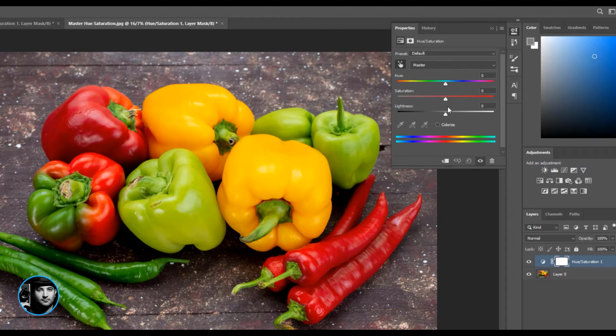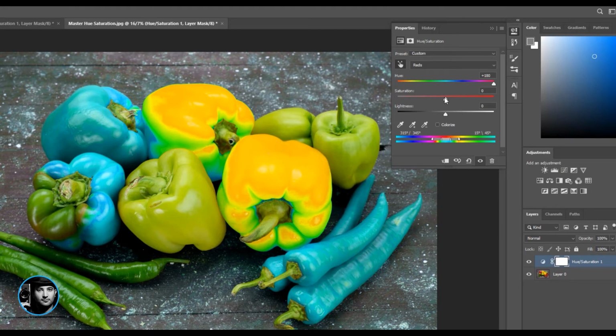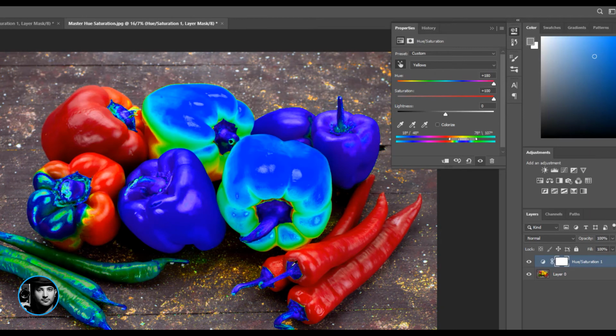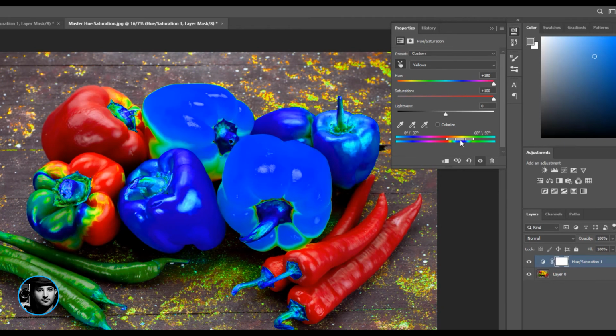Reset. Let's go to this little hand, and let me just click on this red color. Now drag the hue to the right, drag the saturation to the right. Now just take a look at these parts. I'm just gonna move around until only this is going to be selected. So I'm just gonna go around,